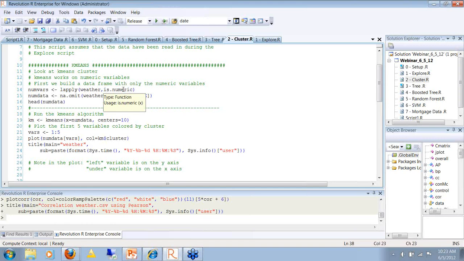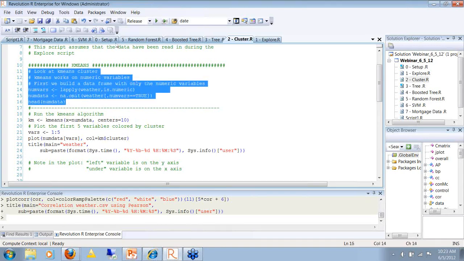It looks to see, is a variable numeric? This flags it if it is. This says build a data set. It does not include NA omit, do not include variables that have NAs or missing values, and only include things that are numeric.